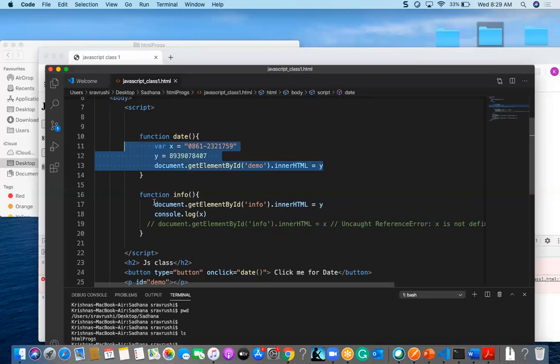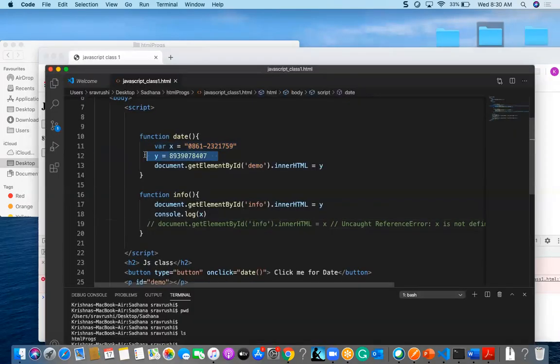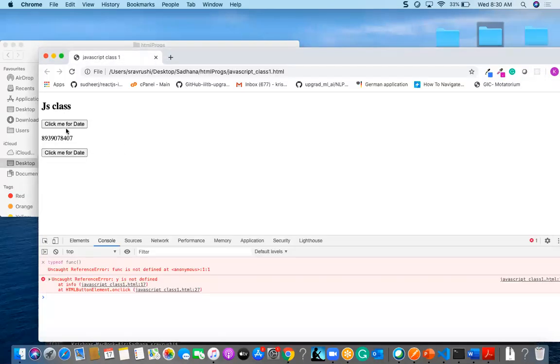If we are giving some y is equal to 8089 like this, yeah, sorry, I wrote it wrongly. If we put them outside, they will be global variables.